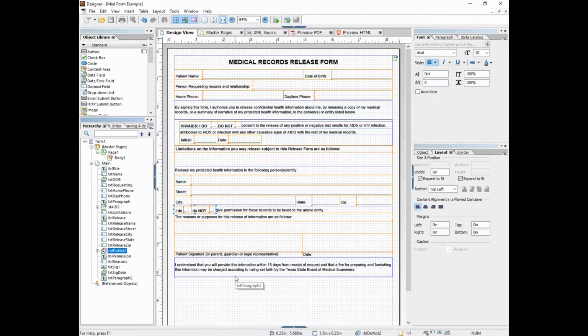You just have to play with it. Okay, looks good. So I hope that's a good example of how to take a static form and convert it